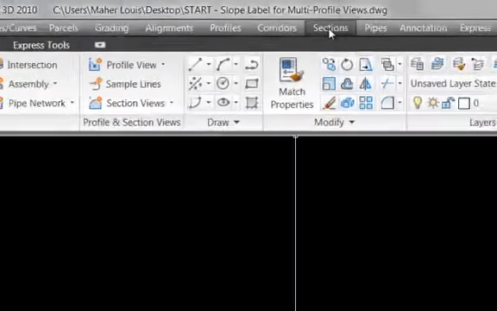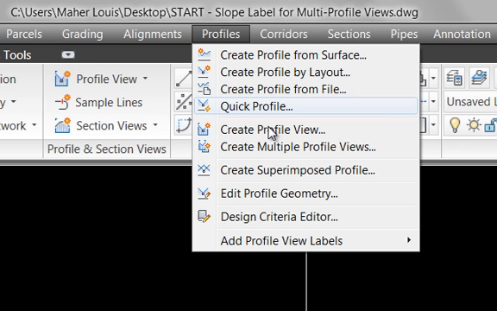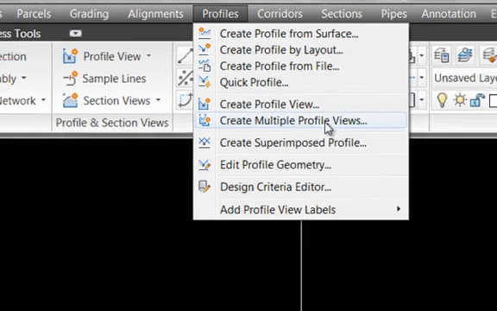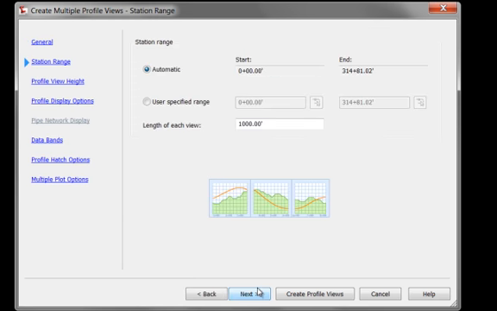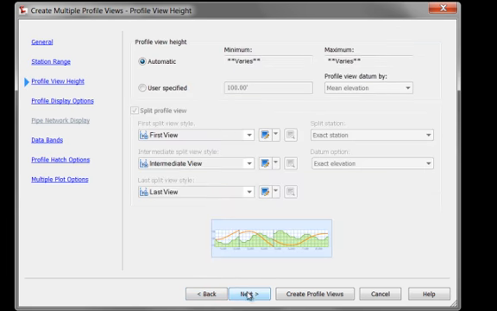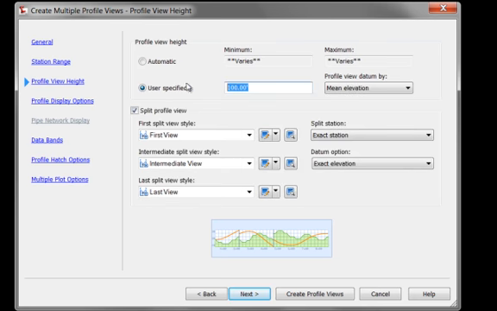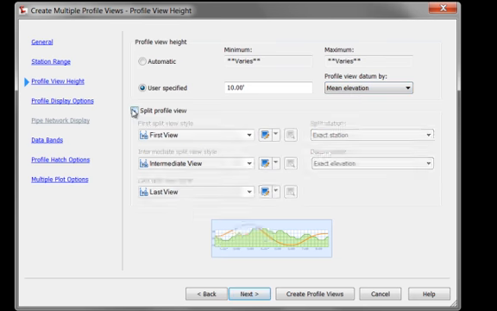Okay, and if I create multiple profile views for this drawing, at 1,000 linear feet per profile view, and I know it starts at 10, and we'll use the mean elevation. We're not going to split the profile view whatsoever,